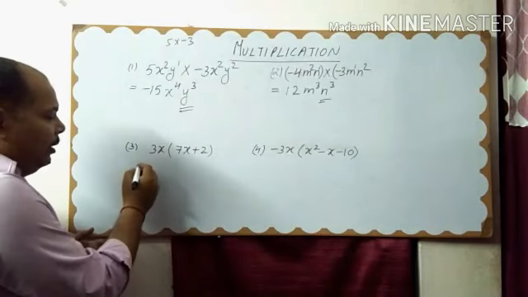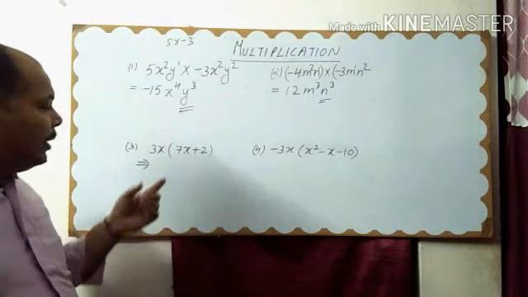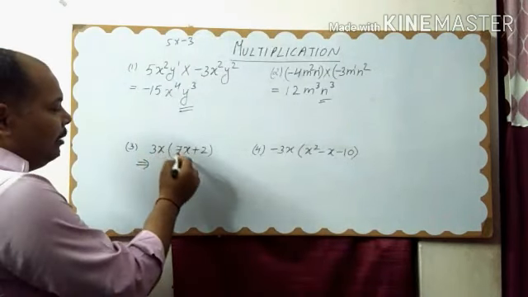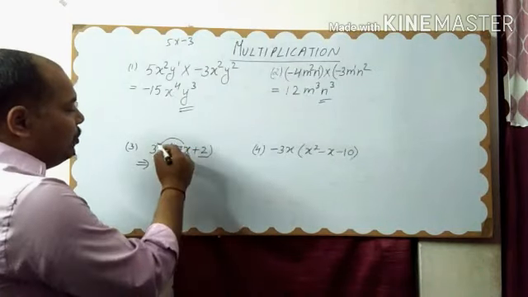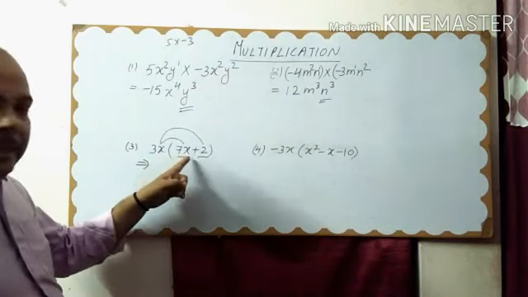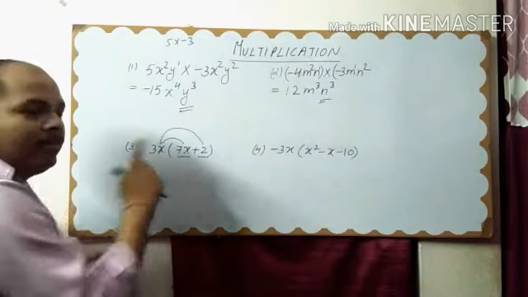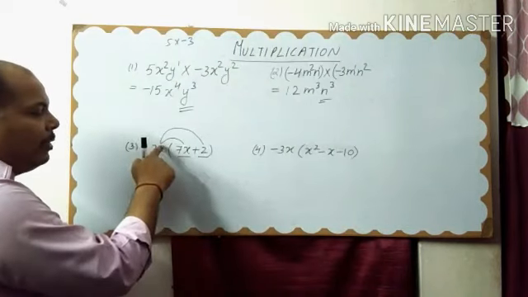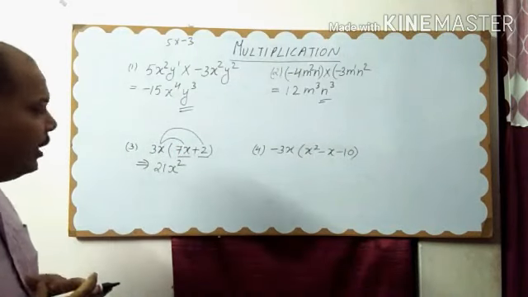Now in this we are going to multiply a binomial by a monomial. So we will multiply each term of this binomial by 3x. Means we will multiply this 7x by 3x. After that we will multiply plus 2 by 3x. Clear? So first we multiply 3x and 7x. So only focus on these two terms. 3x multiplied by 7x. So 3 7s are 21, x into x. So here the power is 1, 1. 1 plus 1, 2. The power will be 2.